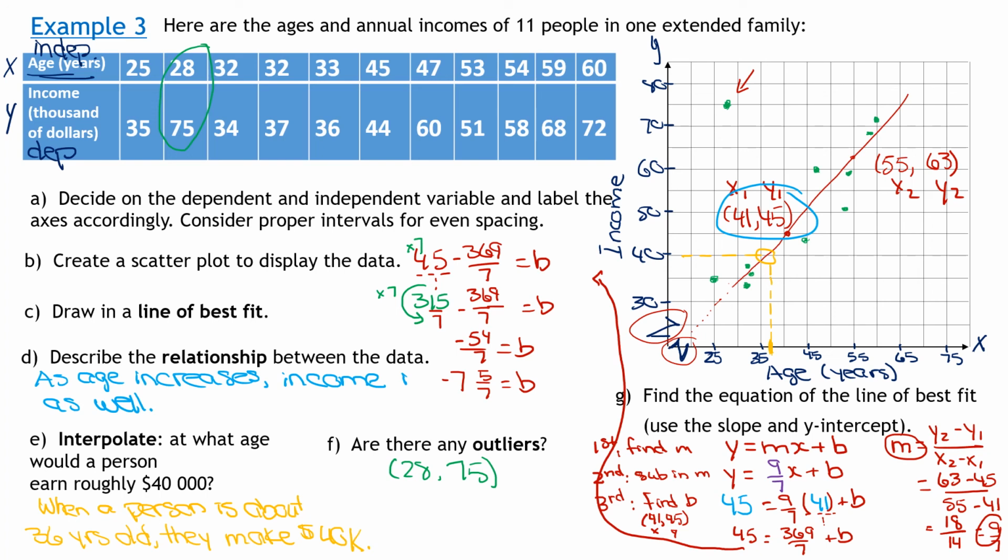If a person is 0 years old, they're not making negative $7,000. I mean, whatever that means, right? They're not $7,000 and more in debt. But the math that we're doing doesn't know we're talking about a problem with people, an issue with how old you are and how much money you make. The math doesn't know that. The math is doing the math. Y equals mx plus b is doing what it's supposed to do, which is it's taking this line, this red line that I drew,